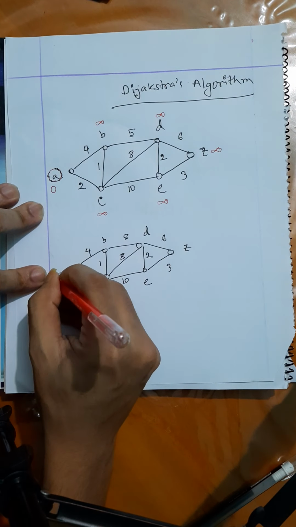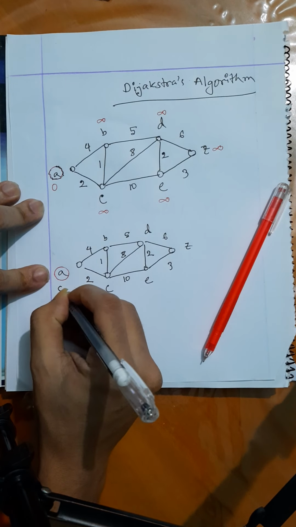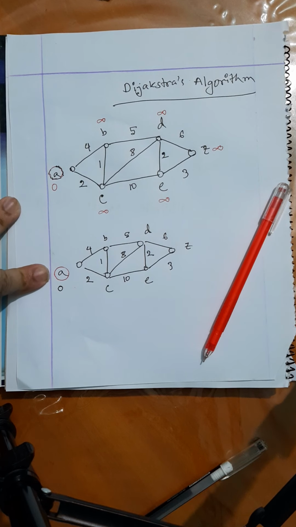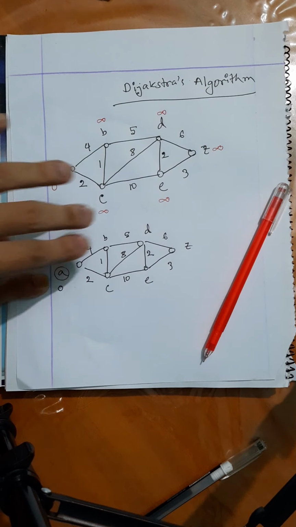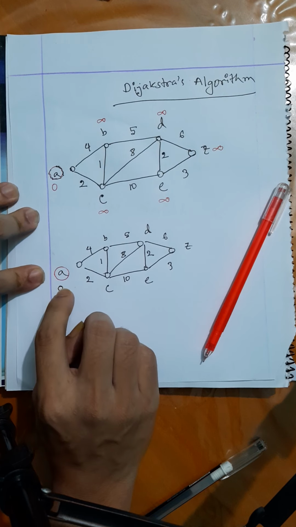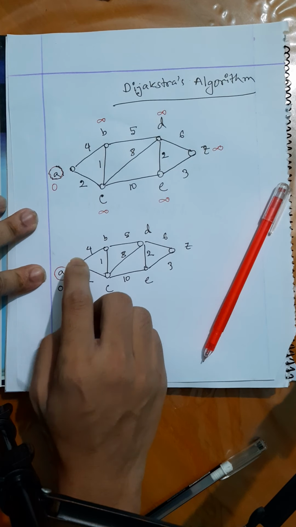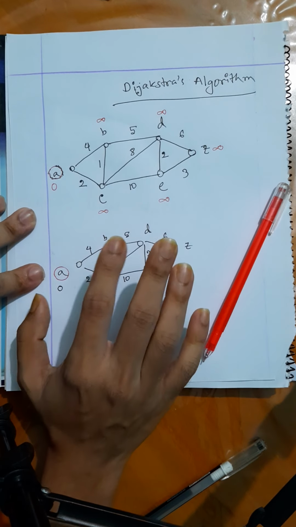So let's say we are selecting A, so the distance value of A is 0 obviously. Now what we are going to do, we will look for the other nodes that we can go to from this node A. So what are the nodes that can be reachable from A here? Those are B and C, and now we will try to update the distance values of B and C. How? Let's say the distance value of A is 0, and from 0 using 4 cost we can go to B. So the total cost of B becomes 0 plus 4, which is 4.